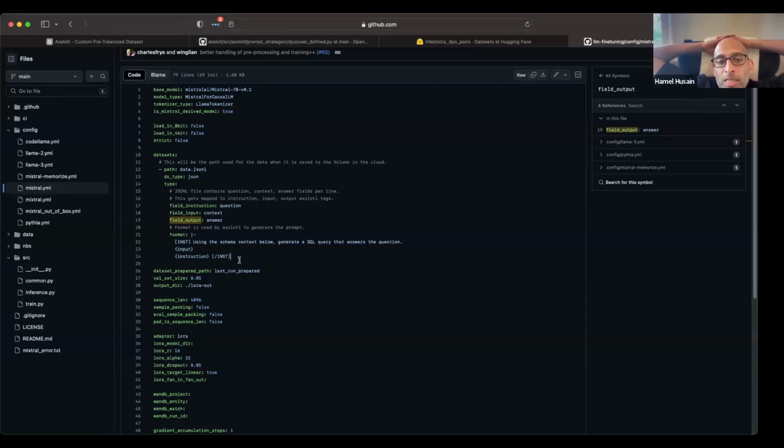I think Axolotl maybe adds a space there potentially, but I don't think it does. I think it just grabs the raw thing. And that's actually interesting because I saw a PR from Charles that came through yesterday, where he was doing some revisions, and I noticed that he removed a space from a lot of these YAML files at the end of the instruction. That makes more sense now. Maybe he didn't realize that was intentional.